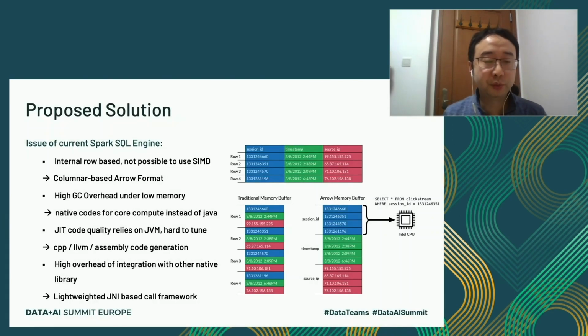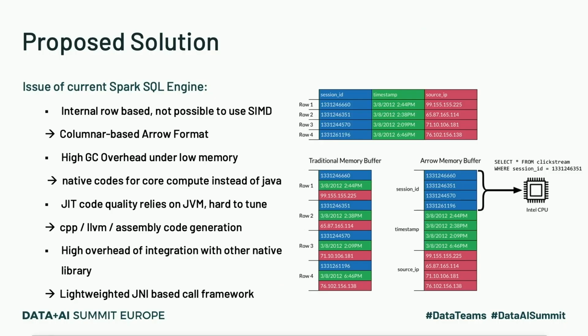So to solve these issues, we are proposing a native SQL engine. First, we introduced the columnar-based Arrow format. The right picture is actually a famous picture from the Arrow community. As you can see in the picture,